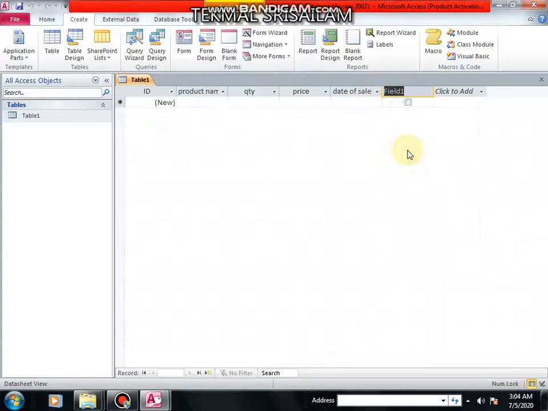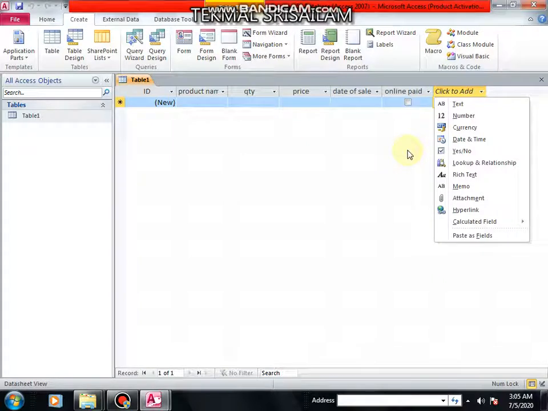Yes or no: a small checkbox is displayed in this column. You can select it or unselect it based on the requirement. I'm selecting the data type as yes or no and giving the title as something like this. Now it's ready.